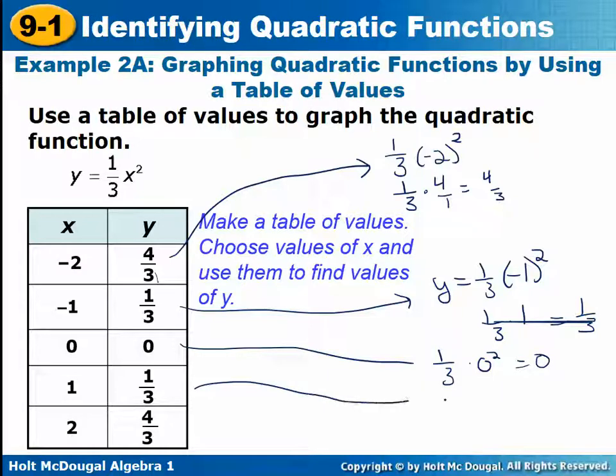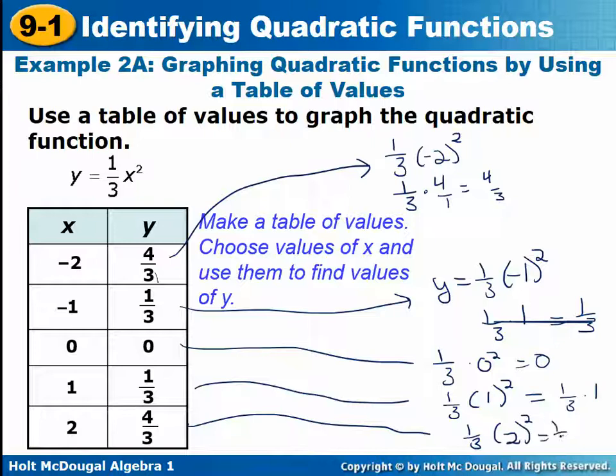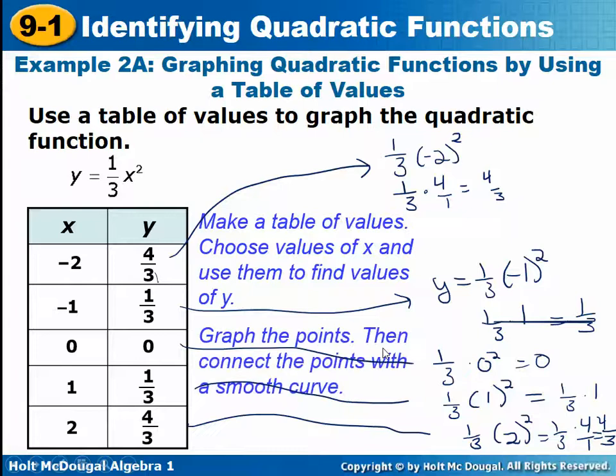For 1, we'd have 1/3 times 1 squared, but 1 squared is 1, so we have 1/3 times 1, which is just 1/3. And then for the very last one, very similar to the first one we did, 1/3 times positive 2 squared. So 1/3 times 4, put a 1 underneath, and on the top, the numerator would be 4, and the denominator would be 3. Now that we have that table of values,